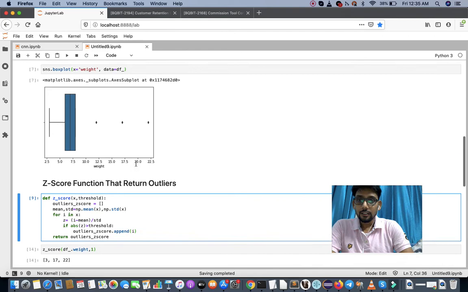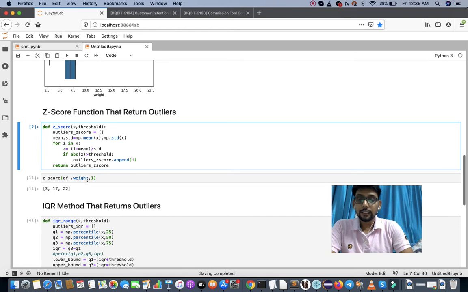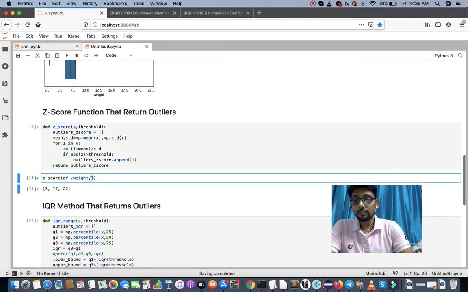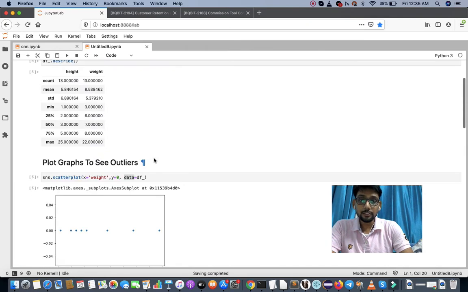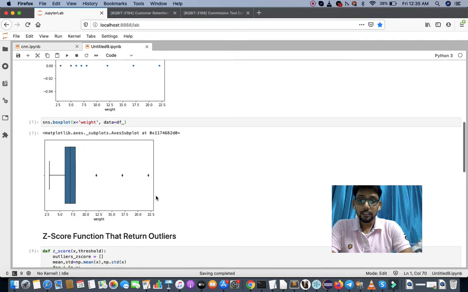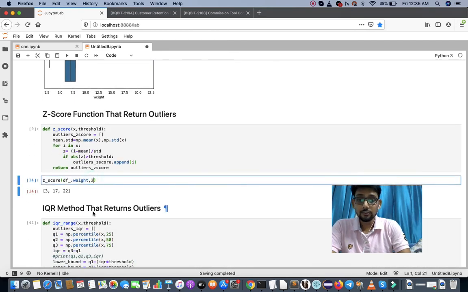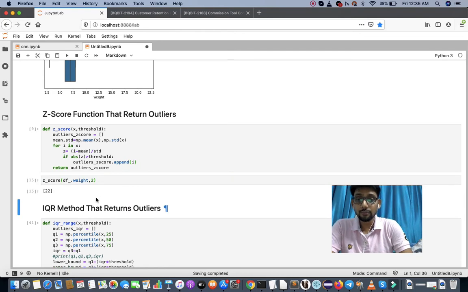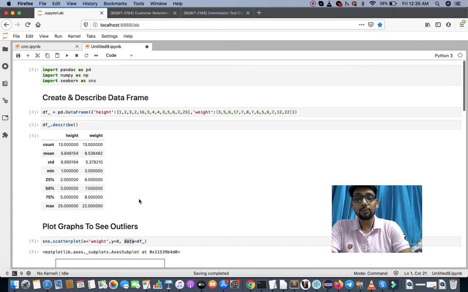Okay, so it will eliminate two values, 3 and 17 and 22. It's saying that on standard deviation 1, 3 is the outlier, because here we can see that 3 is looking apart from others, so it's not predicting well on 3 as well. So let's see on the standard deviation 2. On standard deviation 2, it's saying that 22 is the outlier, right?